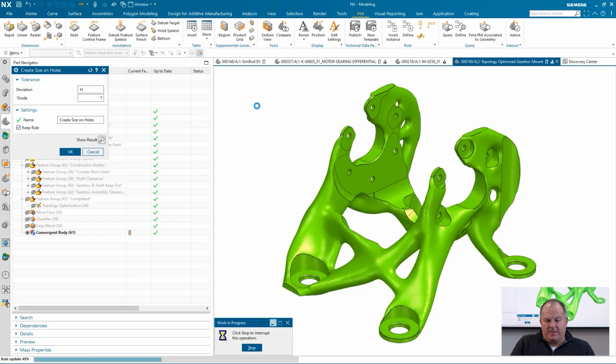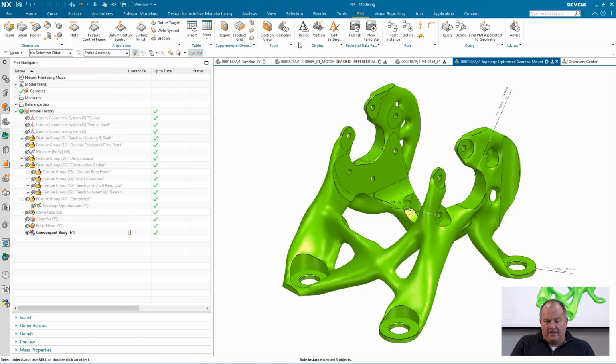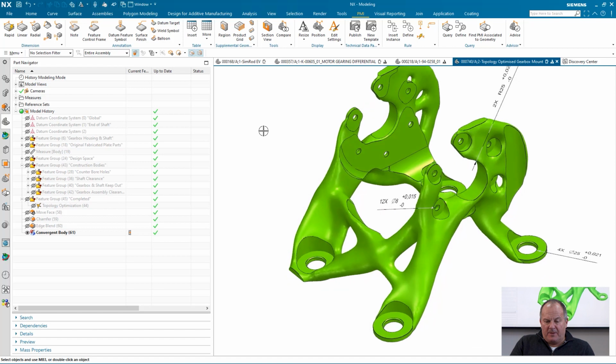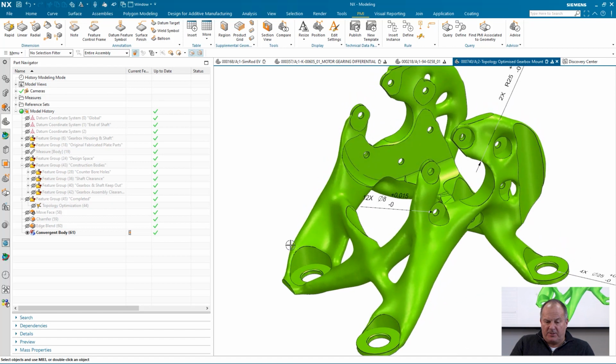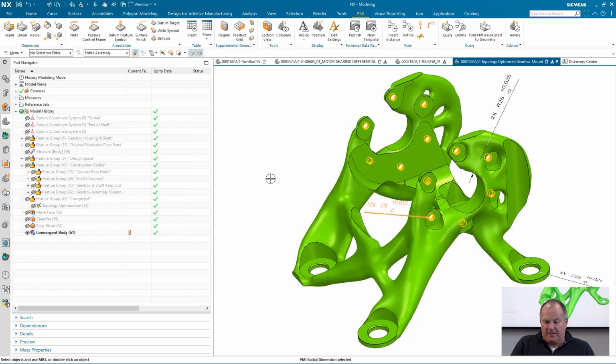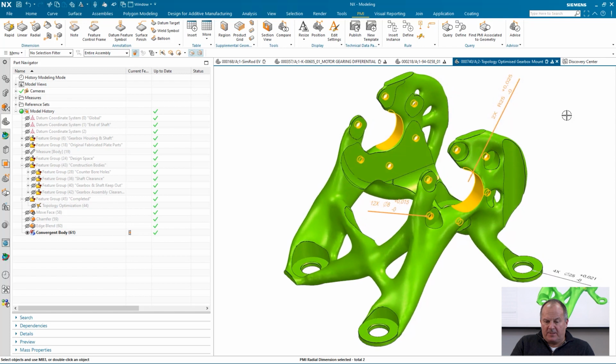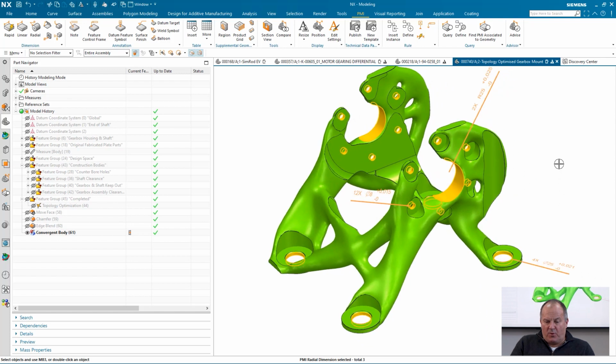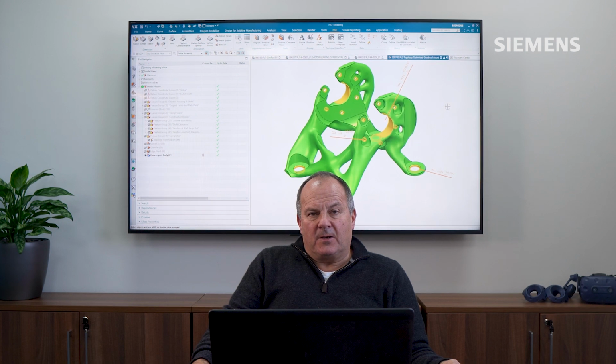It's now intelligently searching the model to find all of the holes within the part and applying the PMI information directly to it. And as you can see, it's found the 12 holes that connect the bracket to the gearbox, the 2 large holes through which the shaft passes, and the 4 holes that are used to connect the bracket to the chassis.